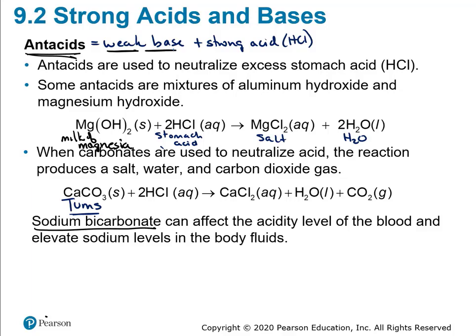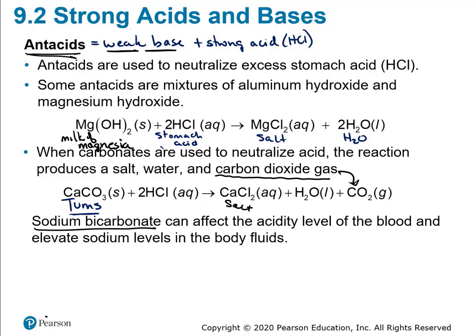Calcium carbonate is another one. Calcium carbonate is commonly found in Tums. In our lab, when we did this, calcium carbonate was the one that we found in the generic as well. So calcium carbonate, it's a weak base. It reacts with excess stomach acid, and it still, again, makes a salt, calcium chloride. The only difference is anytime you use a carbonate, you'll have carbon dioxide gas produced. So see that it's one of the products, and it's just because of the polyatomic carbonate ion ends up having